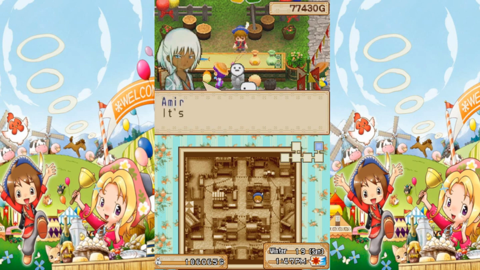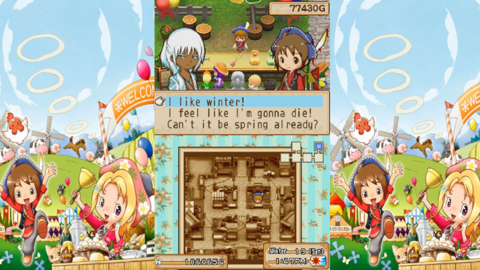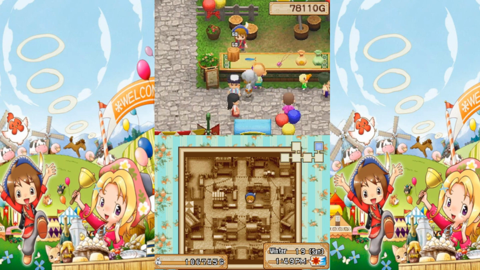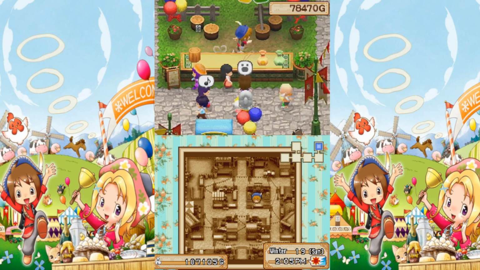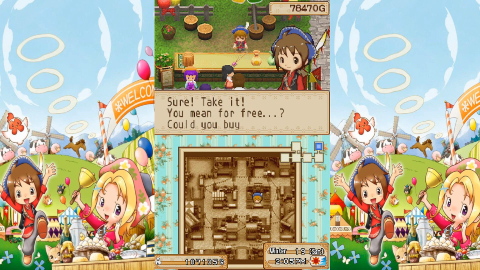And so I put my necklaces out, and I thought Amir here was gonna buy some with his prince money, but he didn't. We just had a nice little chat here about how nice winter was. And I was getting kind of nervous because the necklaces weren't selling, and then I had the other best customer you can get at the bazaar,